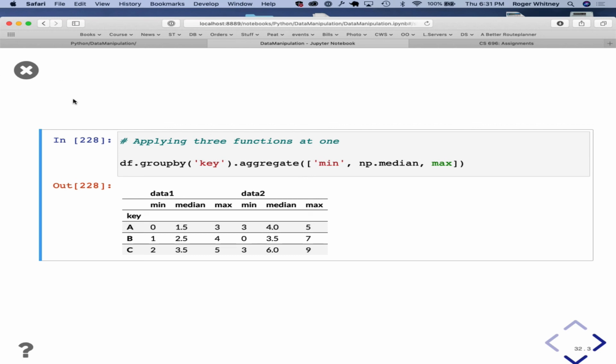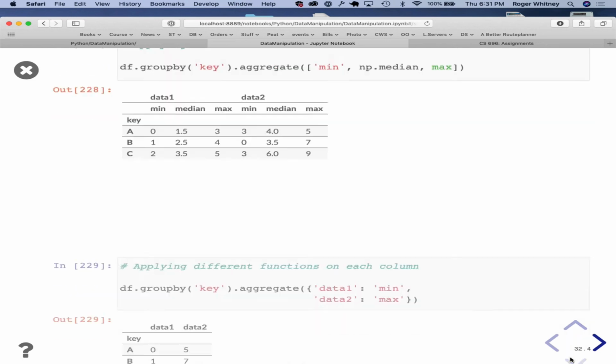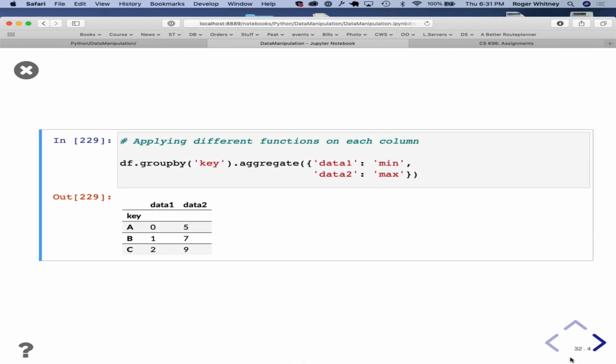Because remember, there was more than one A and one B, etc. And now I'm aggregating on data 1, give me the min, and data 2, give me the max, right? So we apply different aggregation functions on each column.